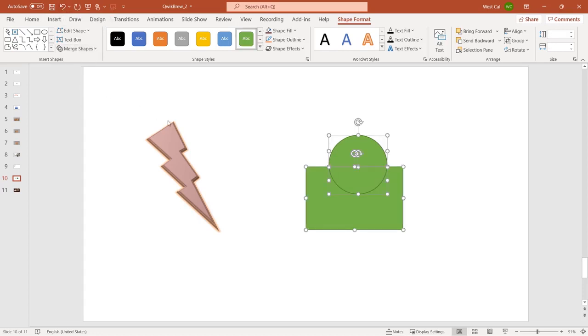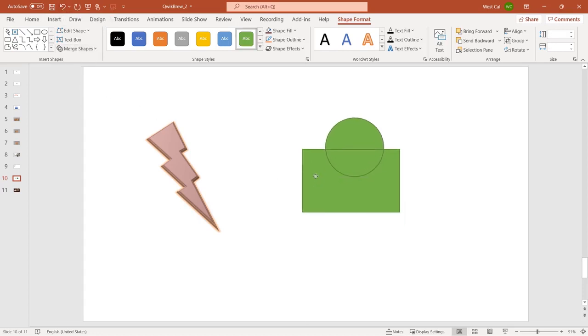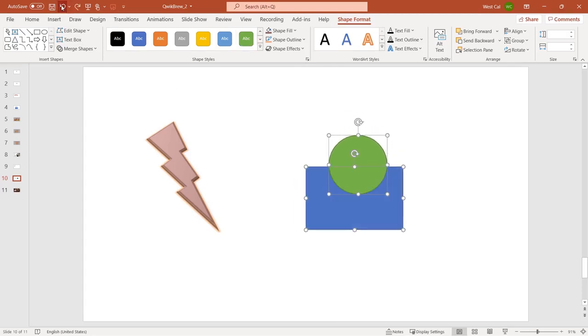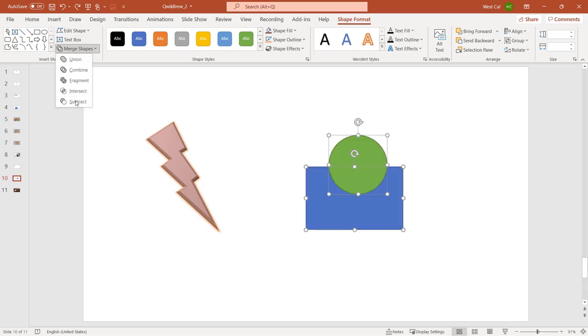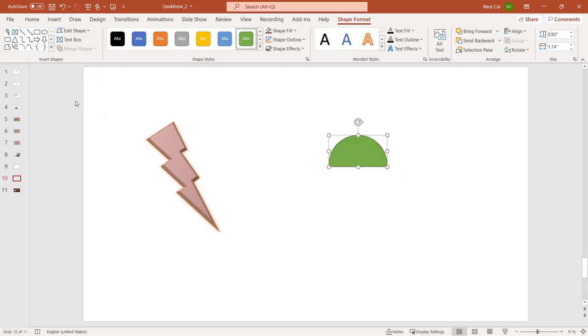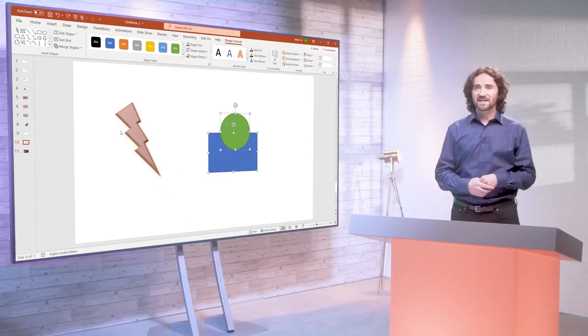Fragment separates each overlapping area of the shape and turns them into smaller individual shapes. Intersect keeps only the shape area where all shapes overlap. And finally, Subtract removes the first shape from the second shape. Now that you can format and merge shapes in PowerPoint, next up you'll discover how to add engaging word art